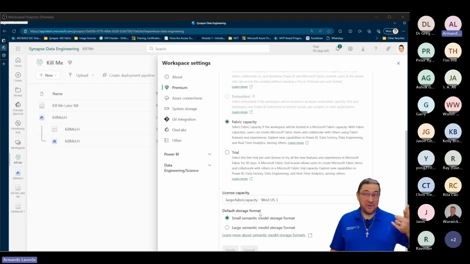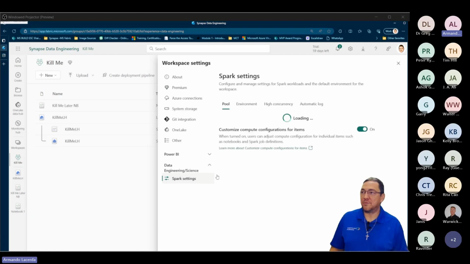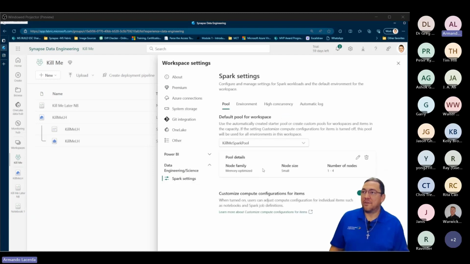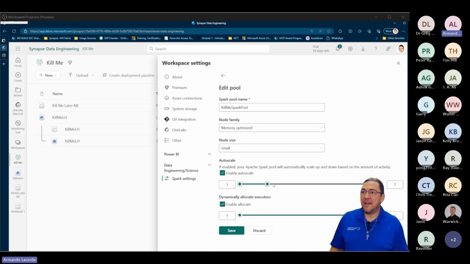Now I'm on the new one I just created, right? Which means that if I go here to the data engineering and the Spark settings, I can work with one of the pools I have already created, like this one here, the accumulator. I'm gonna edit this guy here, and now I can have more workers. Now I can have more nodes, more workers, more executors in my Spark pool, because now my workspace is associated with a capacity with enough processing power to support more executors, right? More working nodes.